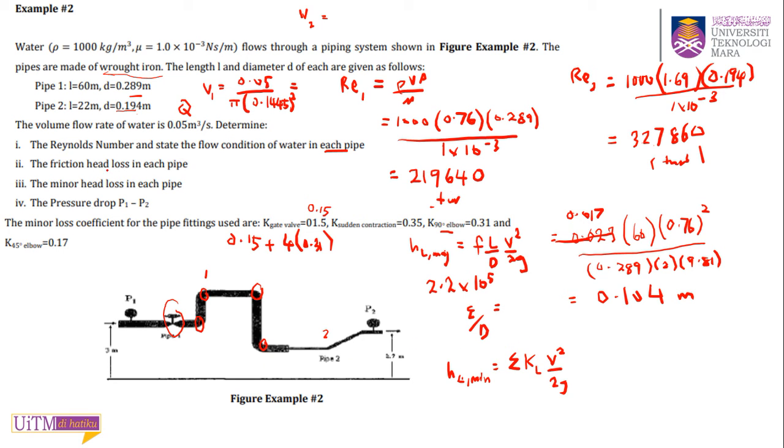So you will get your minor head loss for pipe 1. For pipe 2, you have one for the sudden contraction, from big to small, so this is a contraction. So this loss is in pipe 2. The coefficient is 0.35, so 1 times 0.35